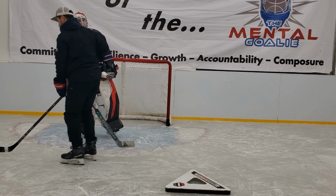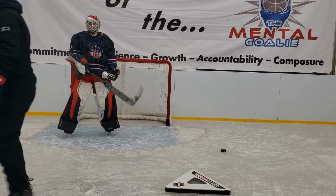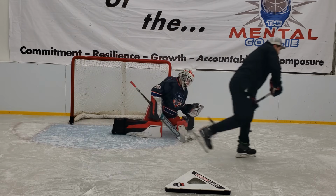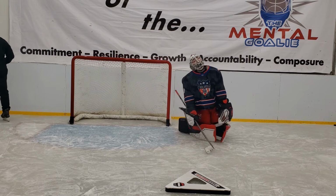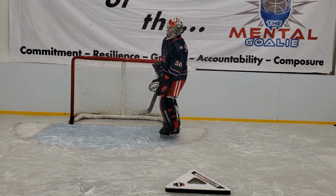Other side. First, get your butterfly over there. Right here. All right, we're going to the puck. Set, go! No effort at all, yeah? It doesn't take any effort to get there. I'm sure the paddle save looks cool, but one time out of 20,